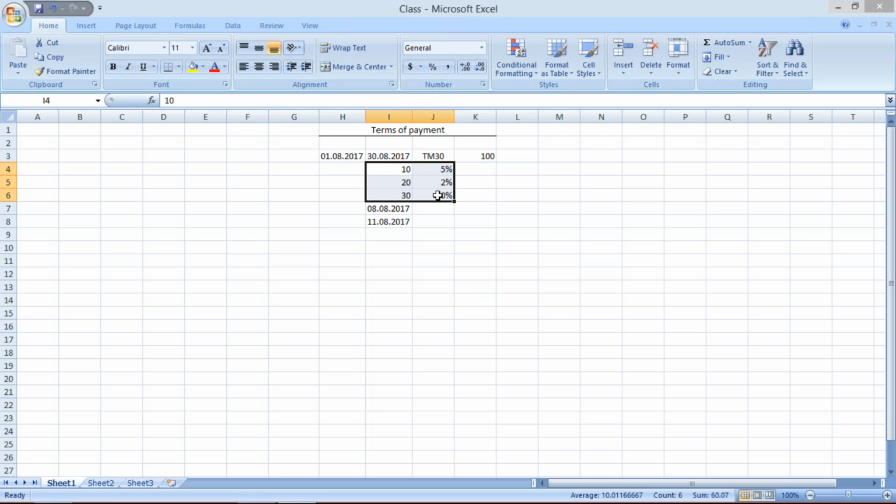automatically, the moment we make payment within 10 days, the system is going to deduct 5% as a discount, and the remaining 95 rupees will be posted as a payment. Okay, so here